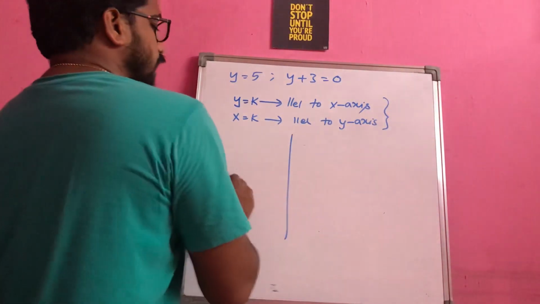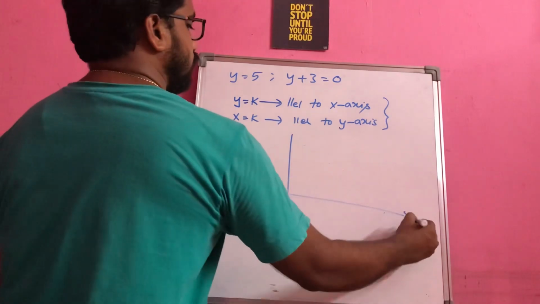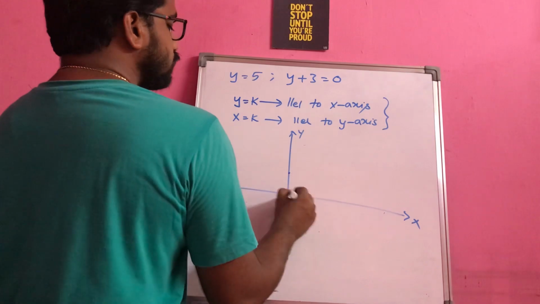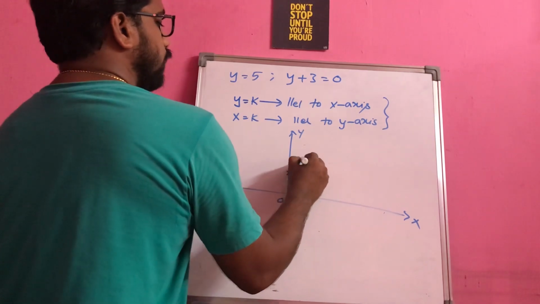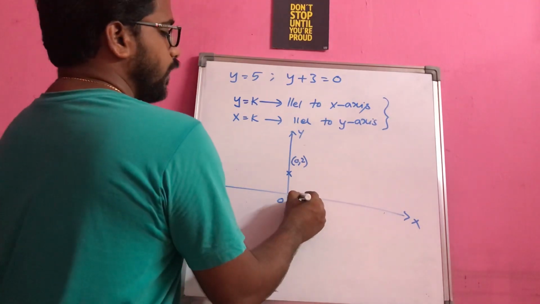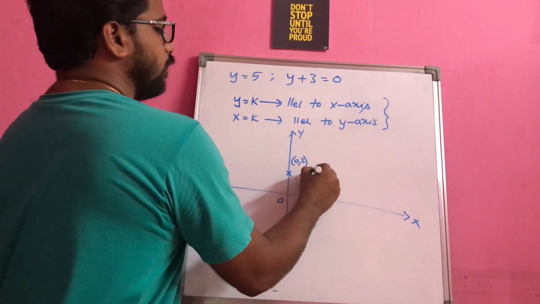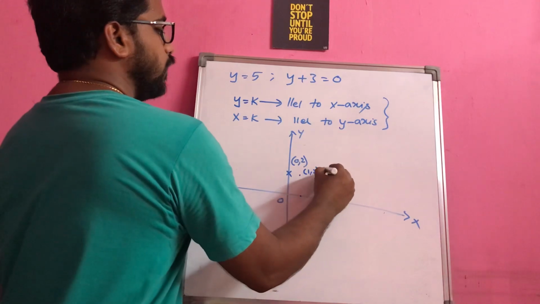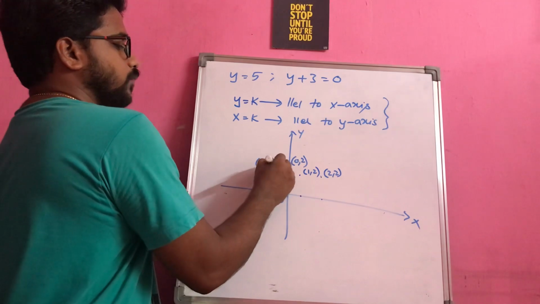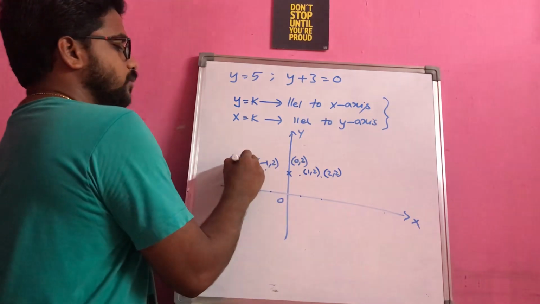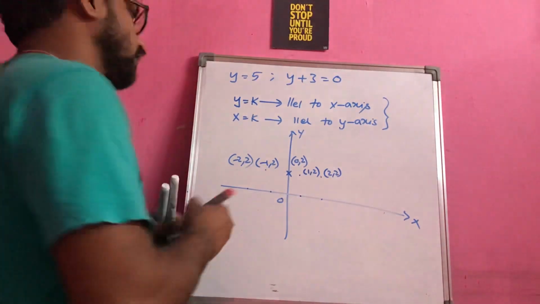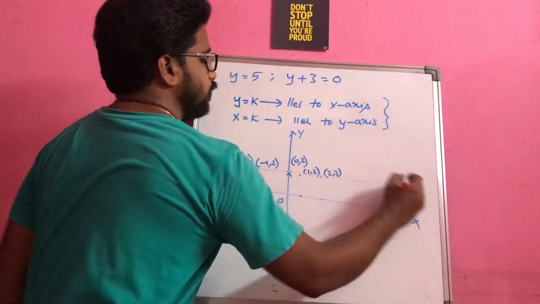For example, if I have a coordinate system like this with 0 and 1, and a point here, let us say this is 0, 2, because it is on the y-axis, so the x value will be 0. With 1 here this point becomes 1, 2, with 2 here it becomes 2, 2. Similarly minus 1 gives minus 1, 2, and minus 2 gives minus 2, 2. If you join these points, you will get a line passing through them.